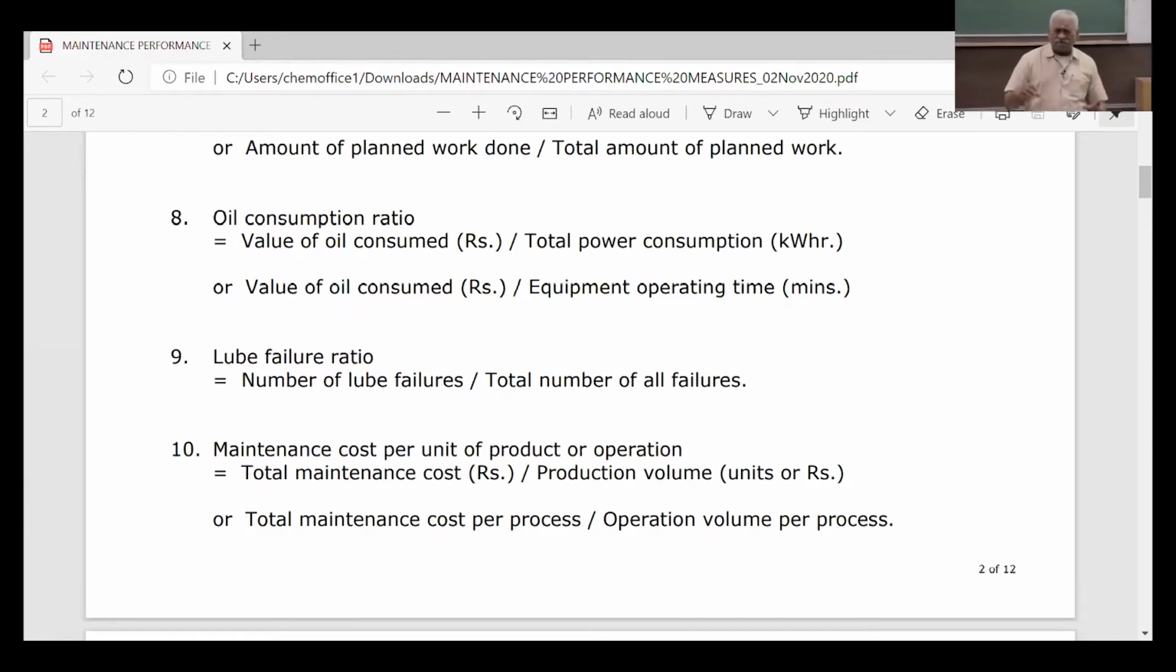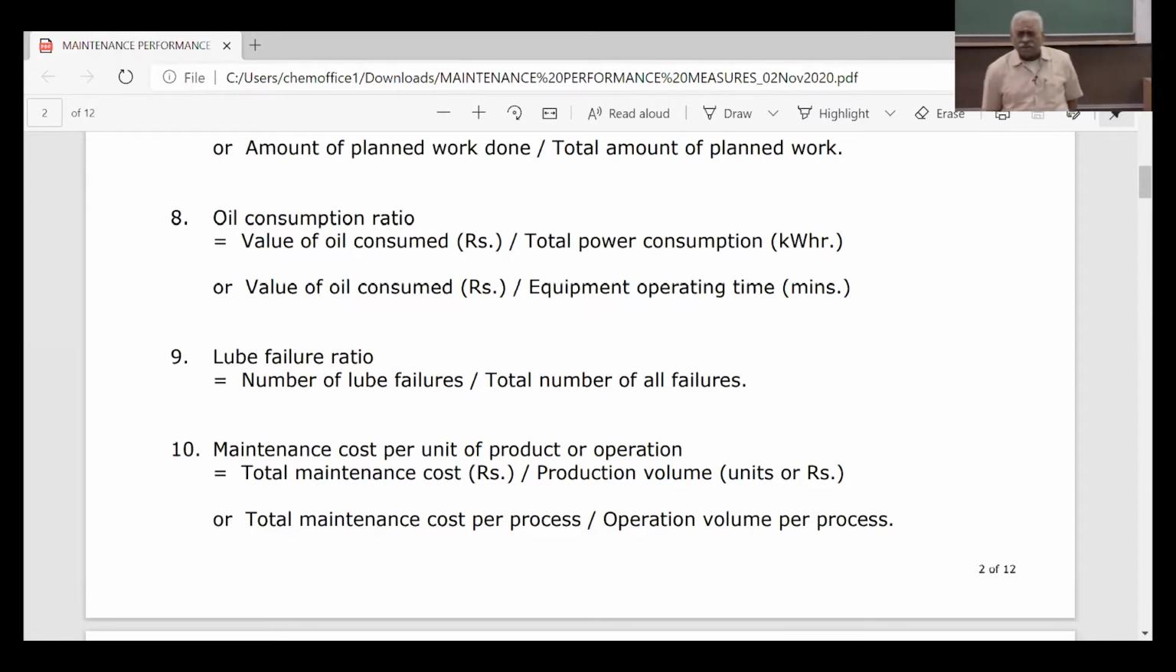There can be a certain amount of centralized coolant facility, which I have seen for some machines, not for all machines. Lubrication I have not come across, but I'll be very happy to learn if there is centralized lubrication in some plants. Then the 10th